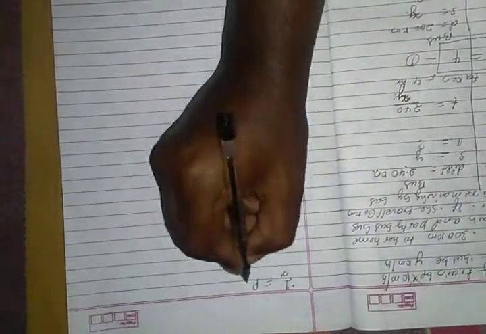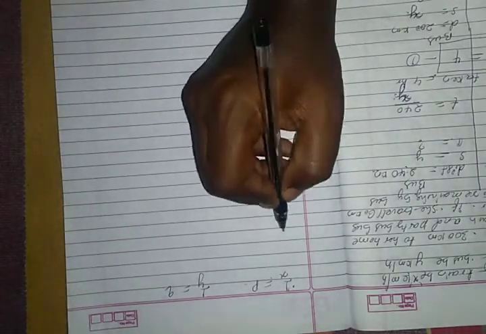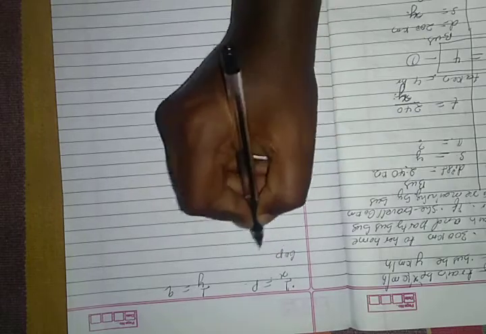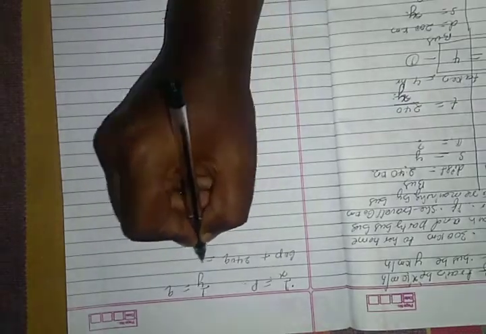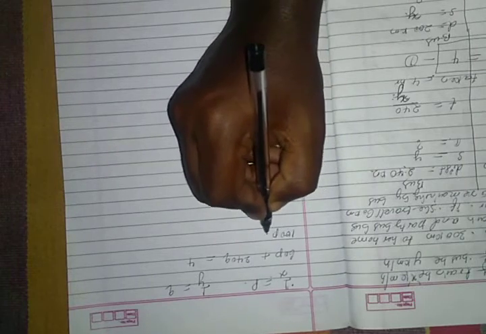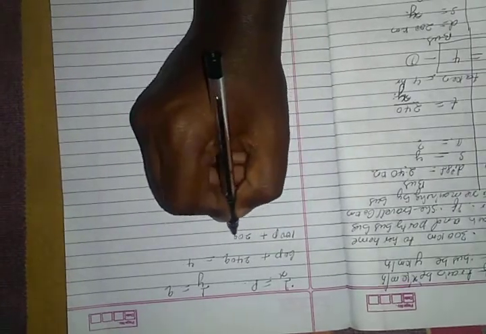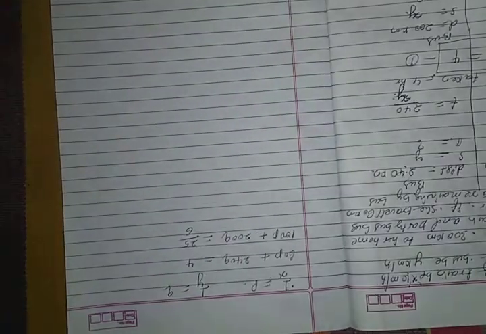Let us solve equations 1 and 2 by using the elimination method. Let us take 1 by x is equal to p, and 1 by y is equal to q. So 60 by x is 60p, plus 240 by y is 240q, is equal to 4. And then the second equation: 100 by x is 100p, plus 200q is equal to 25 divided by 6.